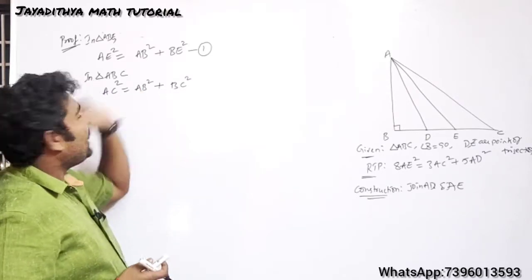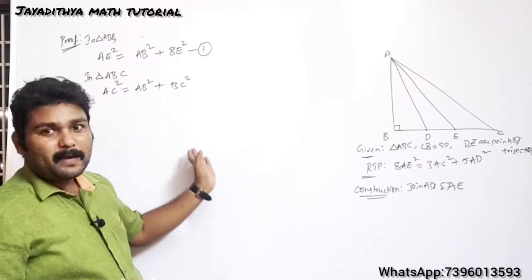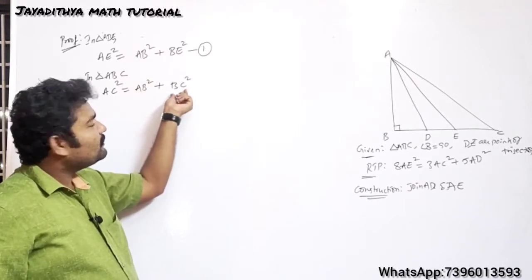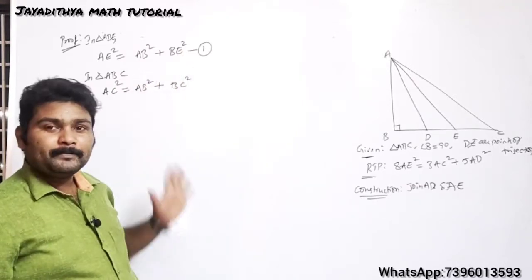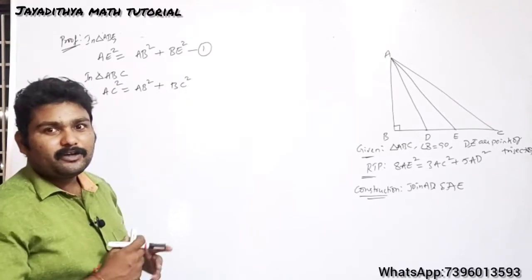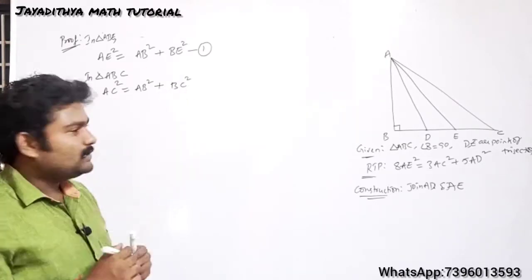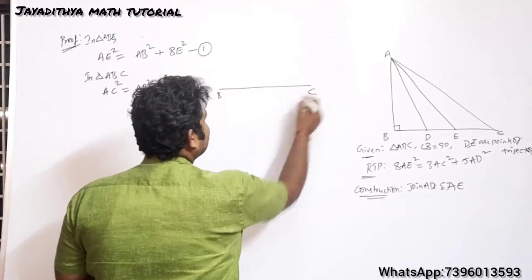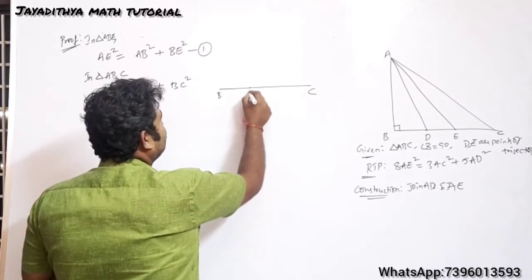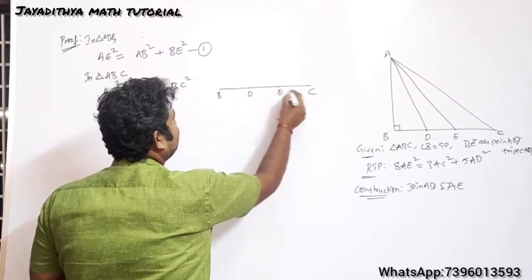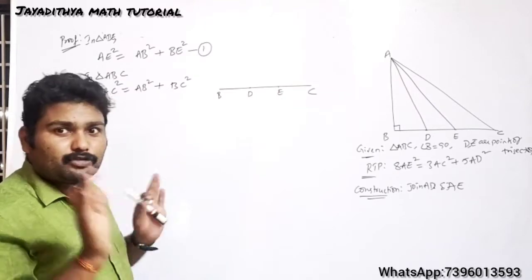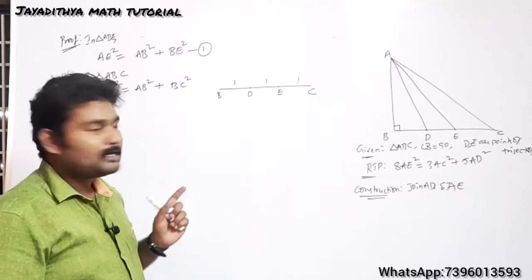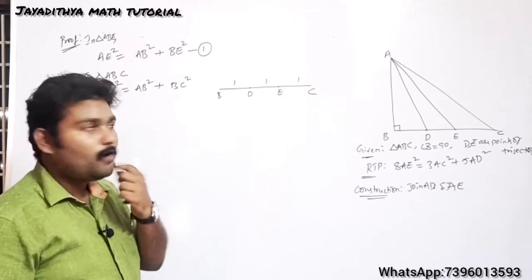See here, I already told you, whatever sides you get on the RHS part, you should convert in terms of AB and BE. So you should convert BC in terms of BE. How to convert this one? Listen carefully, this part is important. I am drawing this line and taking this as BC. Here you have the point D, here the point E and here the point C. Understand carefully here. All the parts are of equal lengths, right? Why? Because D and E are the points of trisection, so all the parts will be of equal length.